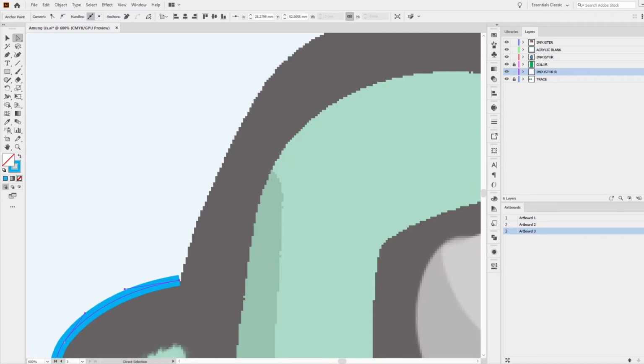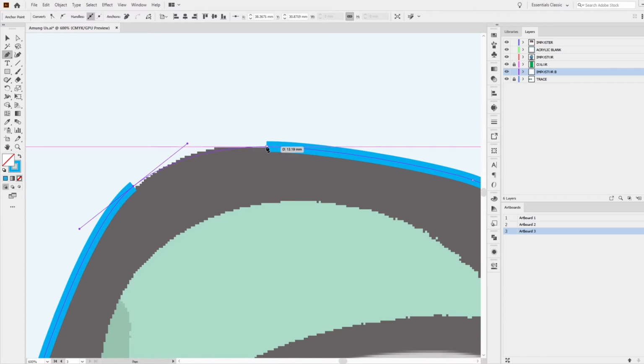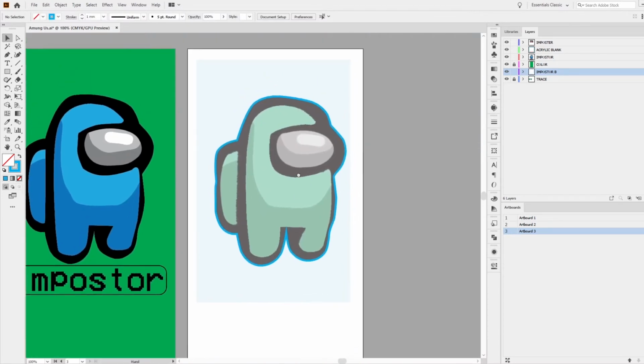All right, so if you just saw right there, I just took that anchor point. Instead of having a curve, I wanted to get an angle. So I took that anchor point, hit A, the anchor select tool, grabbed it, and dragged it back to the center. All right, so let's keep going. Almost finished here. Cool, and boom. All right, now we have a solid